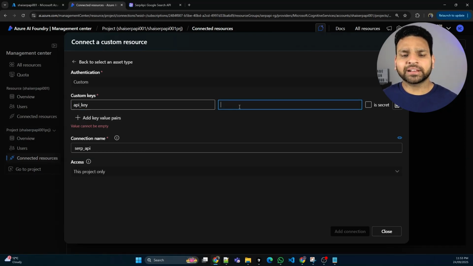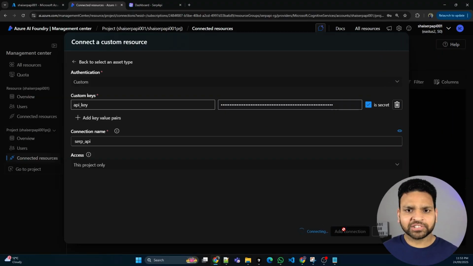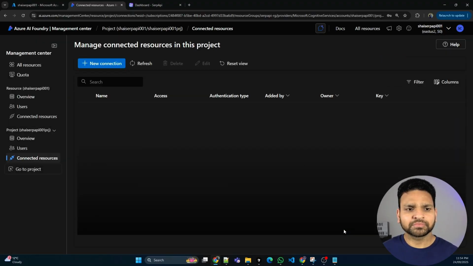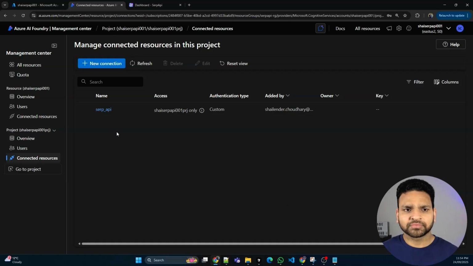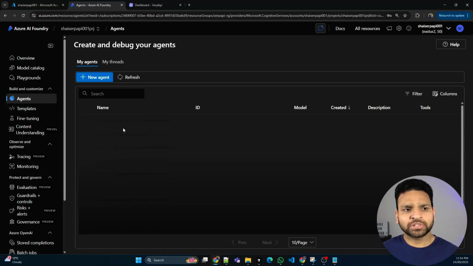So I'll quickly get it from the SERP API and just provide it as a secret. So the key is provided now. We have to add the connection, and the SERP API connection is added. And this has access to our project. Now go to the project, go back to the agent,